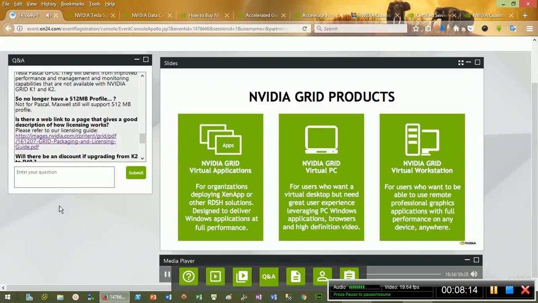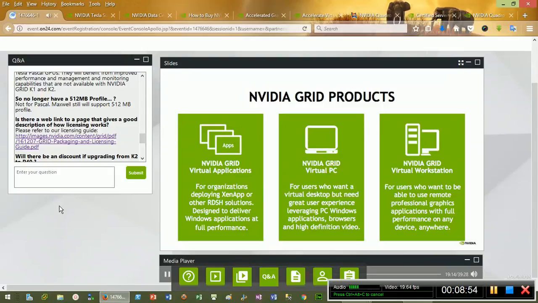This is just a quick recap because I know we've gone through some product changes, and I want to make sure that the licensing and the terminology is understood. So again, we've always had in Grid 3 products: the virtual application product, the virtual PC product, and the Grid virtual workstation. The virtual PC and virtual app is really targeted at the volume and knowledge worker, digital workplace, and Windows 10 deployments, for example,